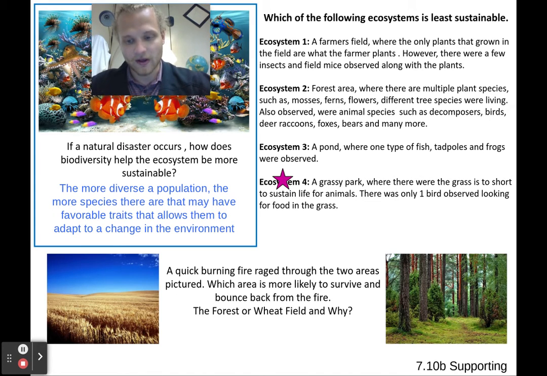Okay, if they all burn down, there would just be soil left. A wheat field is going to be able to be produced a lot quicker than the trees are, and so the wheat field is